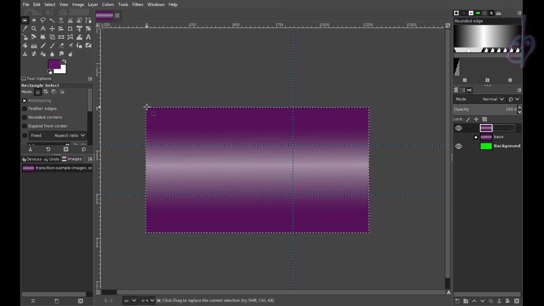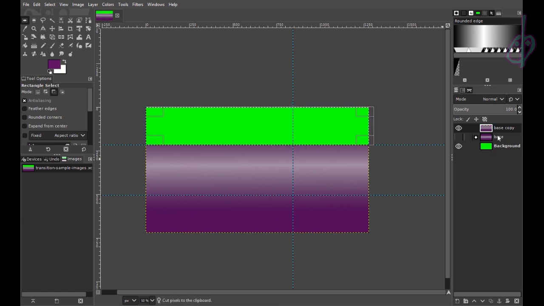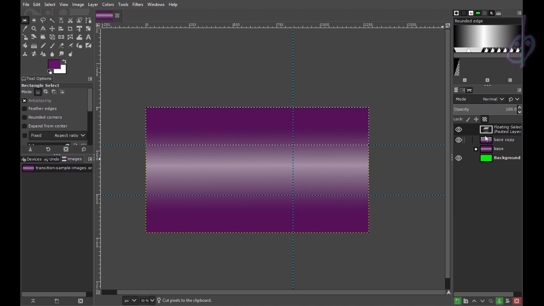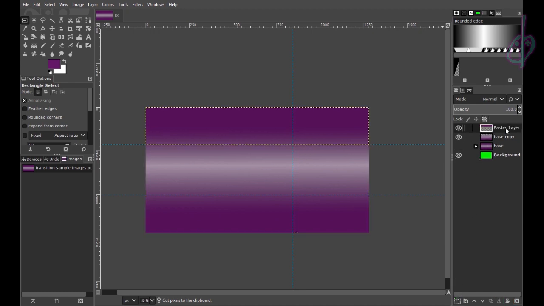And then we can use that to select out the different bars for our transition. Now we're going to use the select tool, and we're going to select out the top bar first and just pull it up to snap to our guide. Control X to cut it, Control V to paste it in, and then click the little green paper paste there, rename it to the top bar, and we'll go on to the bottom. Make sure you've got the base color, the base copy image that you've made there, or the layer rather. Cut it, paste it, click the green button,